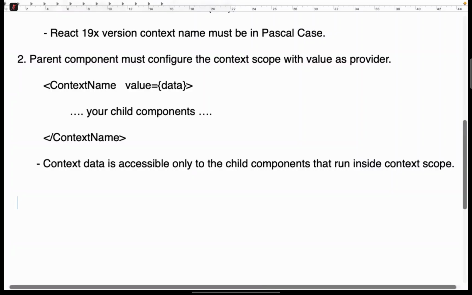Right. Now, after creating context, another point is that a child component